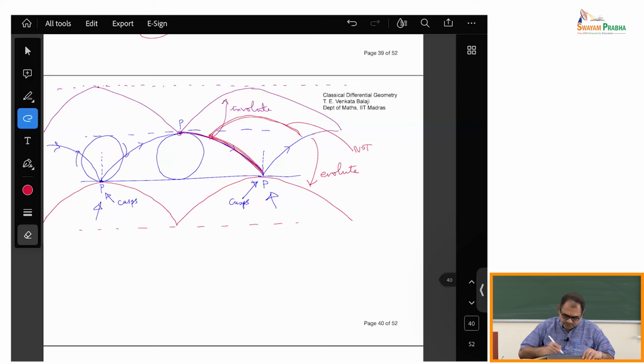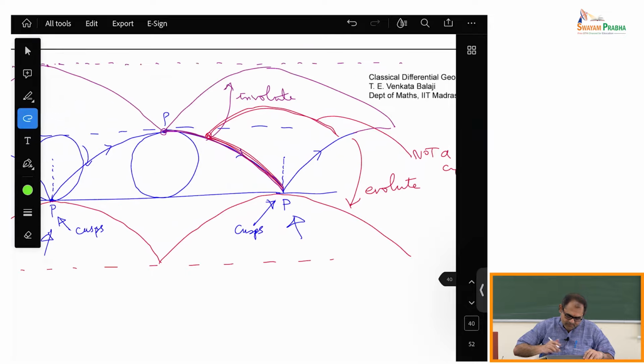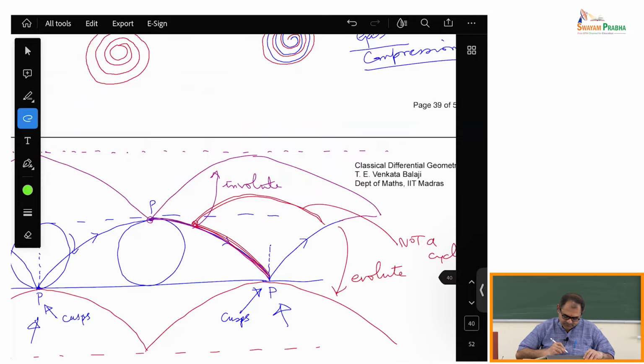It's not a cycloid. Okay, and similarly, of course, you could have done it somewhere else. So let me show you one more. I could have also pulled out